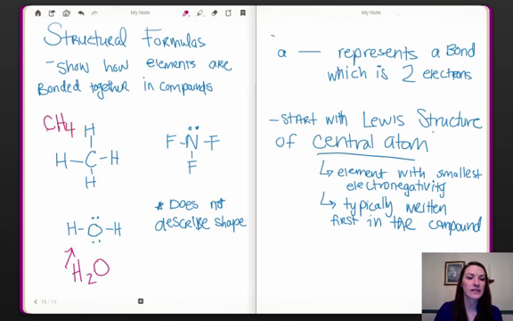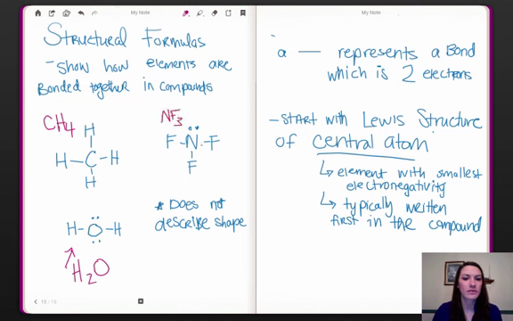CH4, and you'll notice it's not one C with a line of H's. The C is in the center, and usually the first element is in the center. And then the H's are around it. So we're going to learn how to know that. This one right here is NF3,